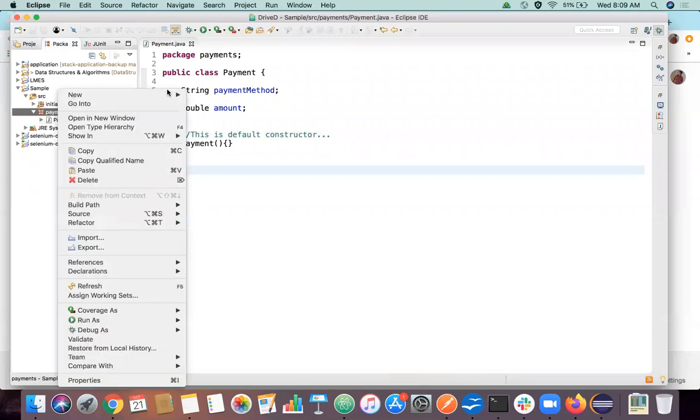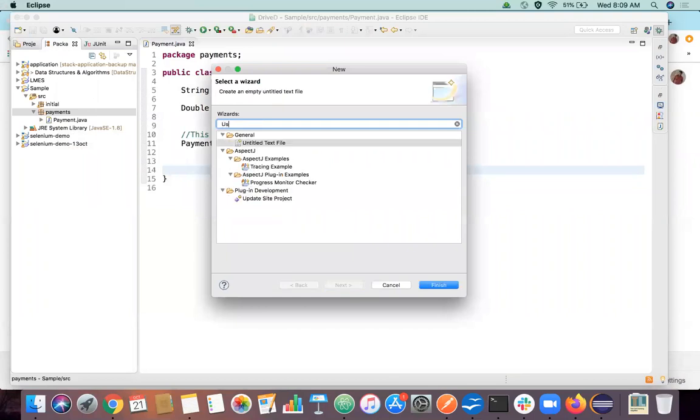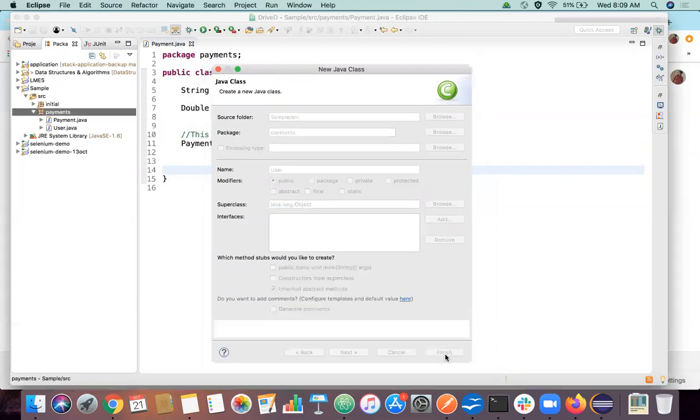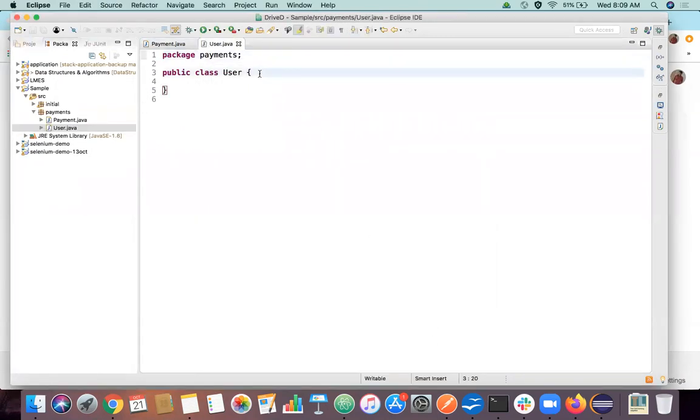We'll create another class called user. We'll click finish. And let's say this user has three fields now: first name, last name, and an email.